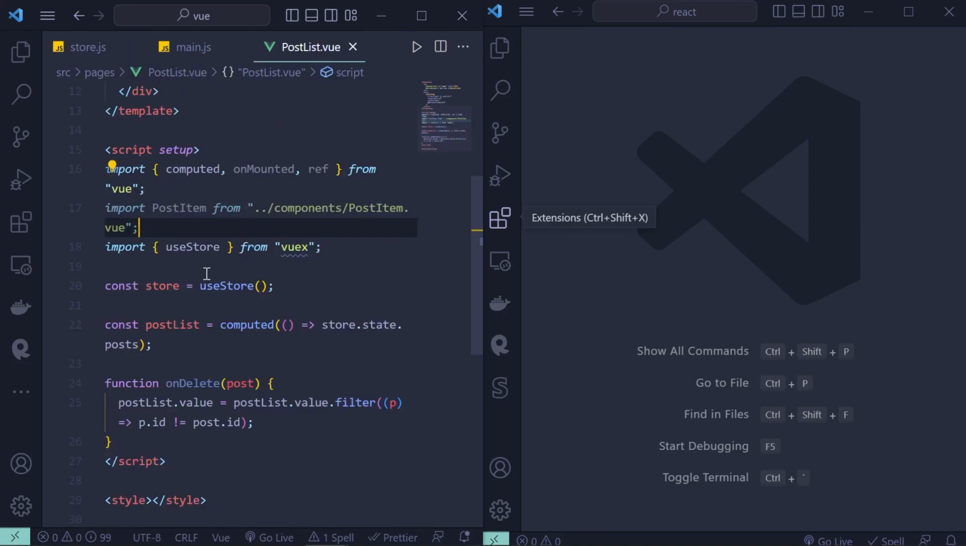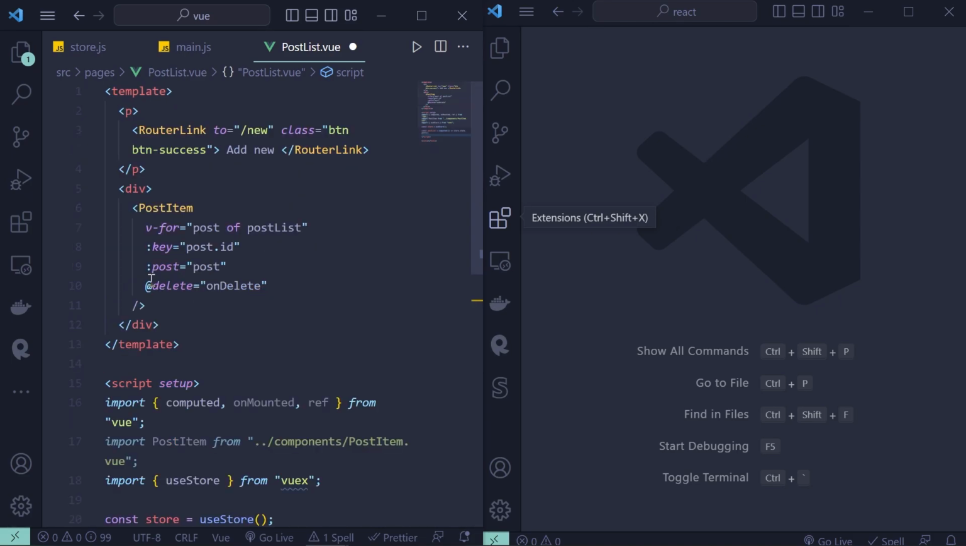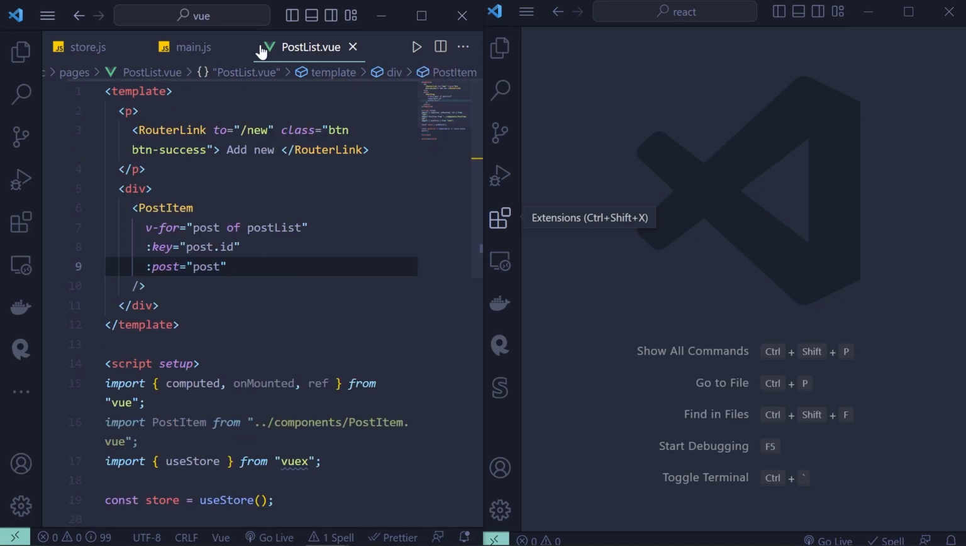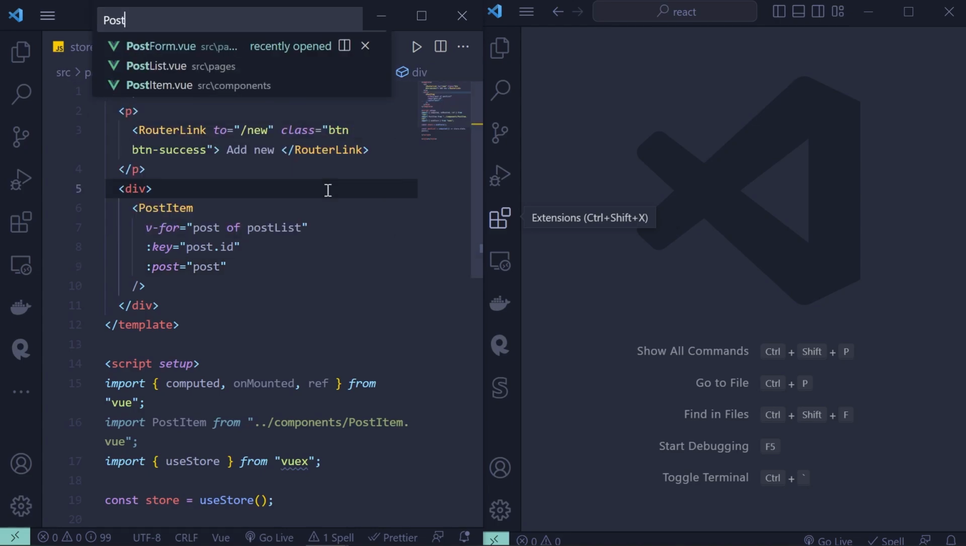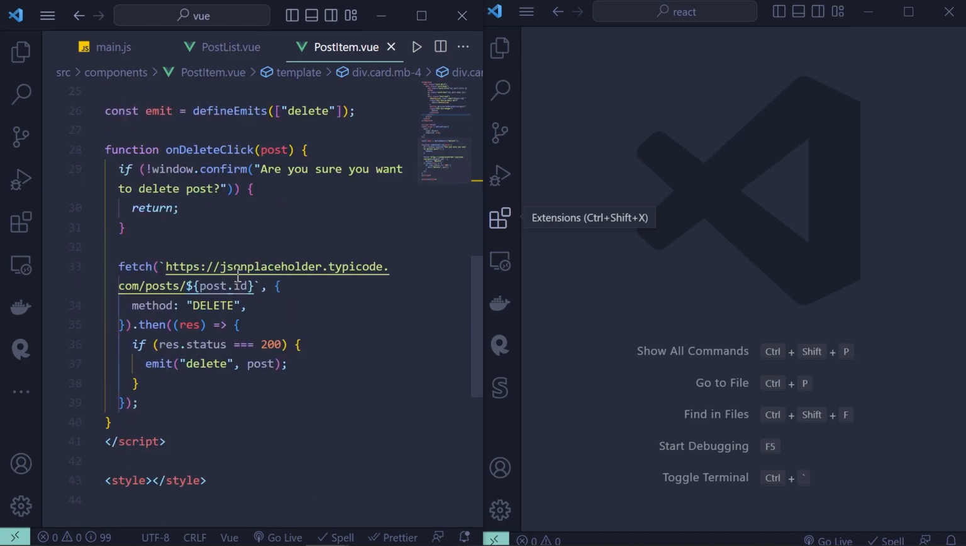Now let's go in the post list. We don't need to do anything right here. We can just delete this on delete function. We need to handle delete differently, and we don't need to listen to delete because the child will not emit this anymore. Now let's open post item. Go inside there and listen to on delete click. On delete click, instead of making a delete request on the following URL, we are going to call a method